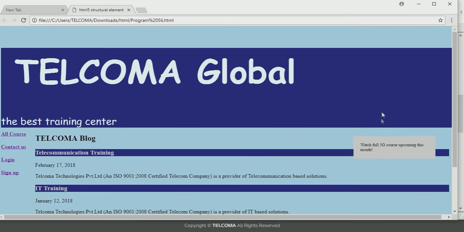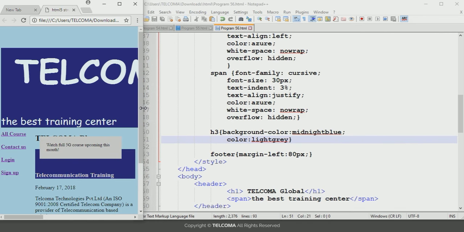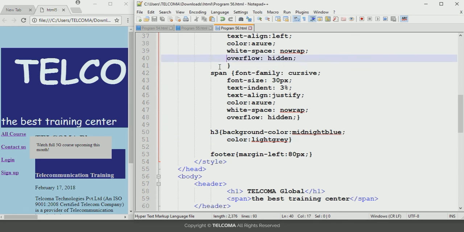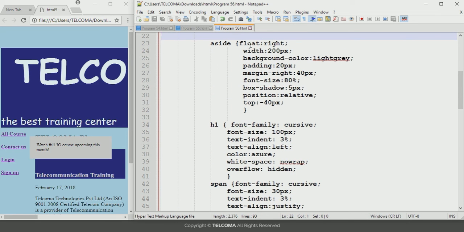And the part which we have declared in aside will be displayed here because we have set its properties. You can see from here, we have set the properties of aside like this. So these are the properties that are allocated to this particular aside element.